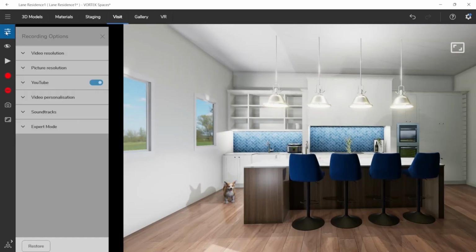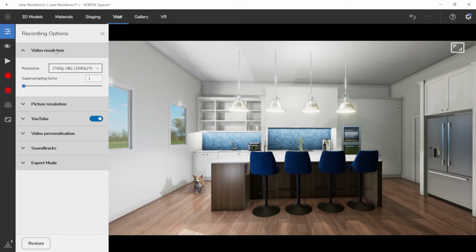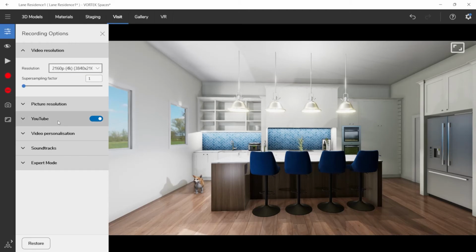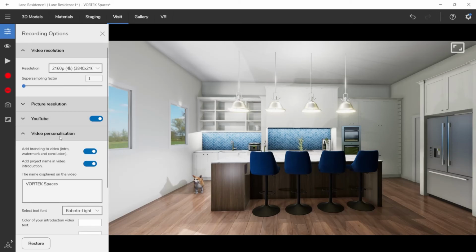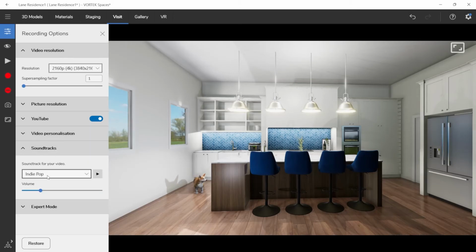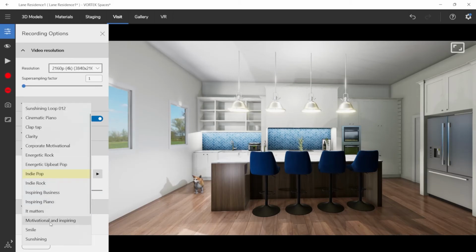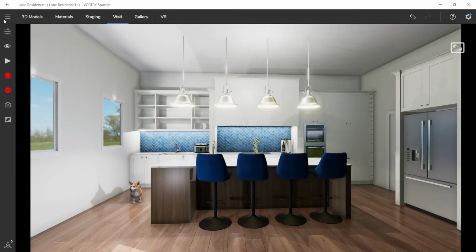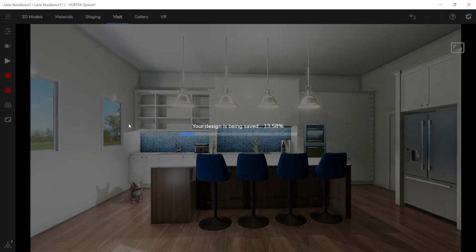Then after that, in this window, we have the recording options. That's where you'll find the video resolution, so you can go 720p all the way up to 4K. We also have a square and a story resolution for Instagram and Facebook. We have a built-in upload to YouTube, and a video personalization, where you can pick the name that will be showing at the beginning of the videos. Different soundtrack options that you can pick. They really help whenever you're showing the video to your customer, to add the mood to your room. Then after that, if I go here and save the project, so as I mentioned before,